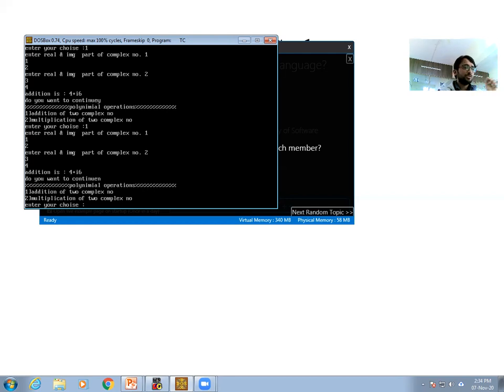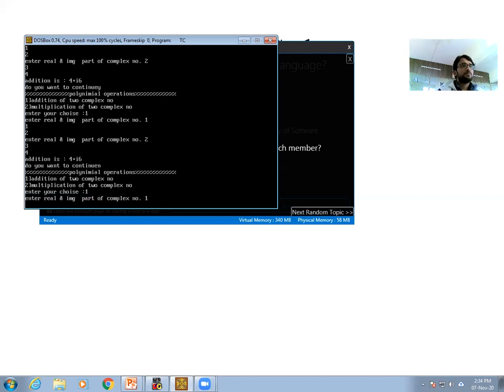If I enter choice 1, it will ask for the real and imaginary part of complex number 1. Now I am going to insert the real part as 2, and with the help of space, the second value, 4.